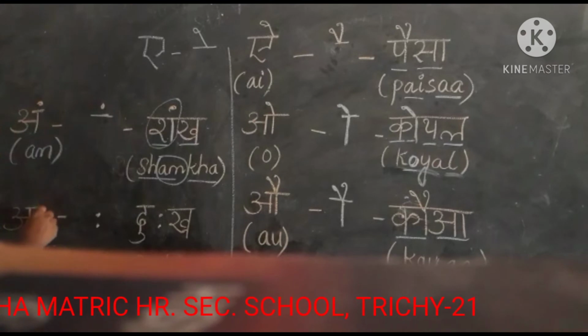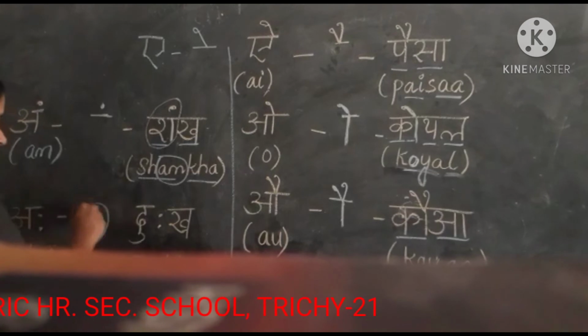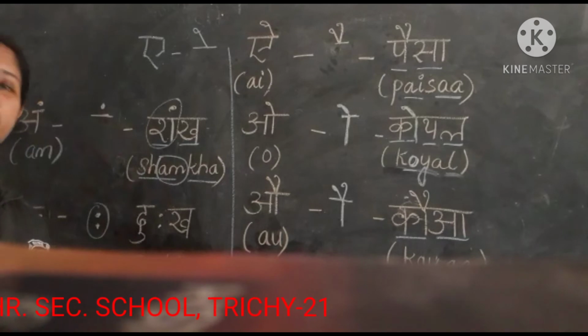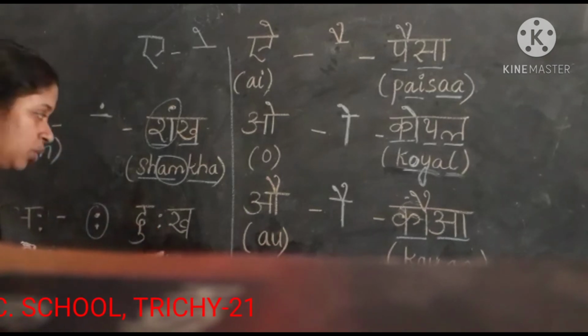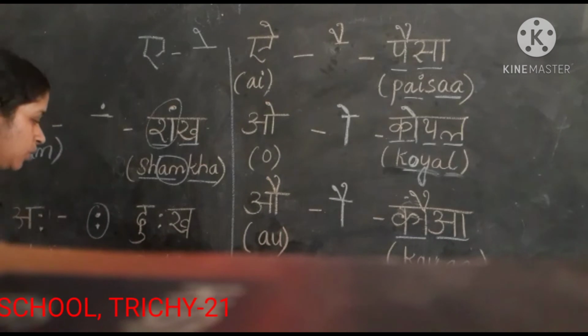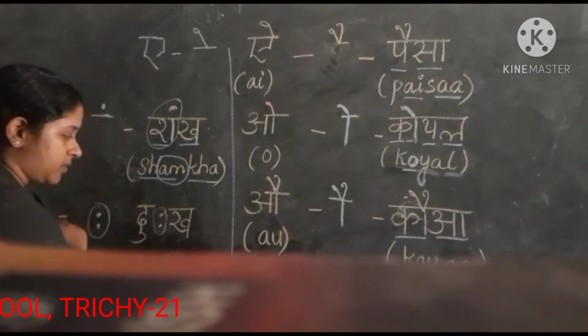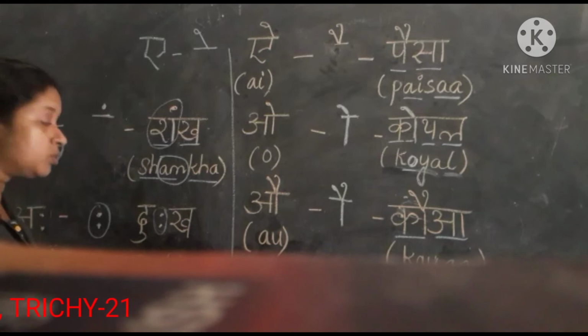Next we go to the next symbol. The next symbol is the symbol of aha. What is the symbol of aha? It is just two dots, one, two. That's all. No straight line, no standing line, no sleeping line, nothing like that. Only two dots. By using these two dots, I have written one word here. See, dukha, and in between you can see two dots are there. So the word will change to dukha.